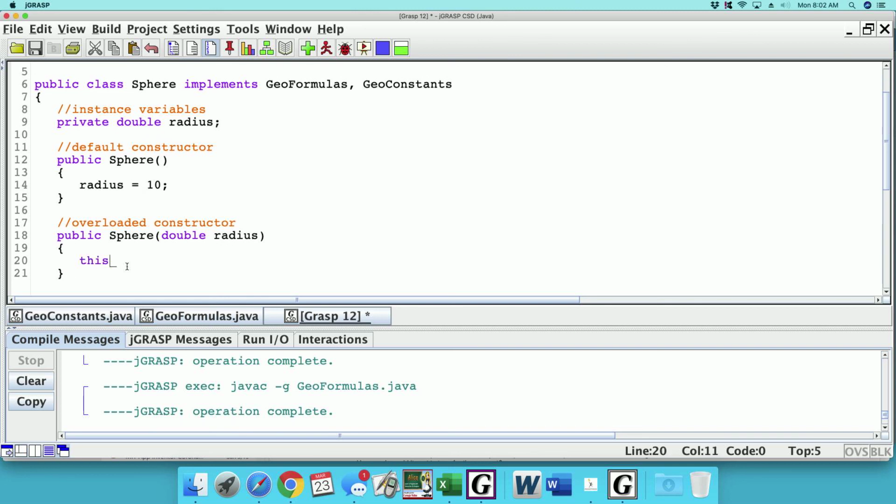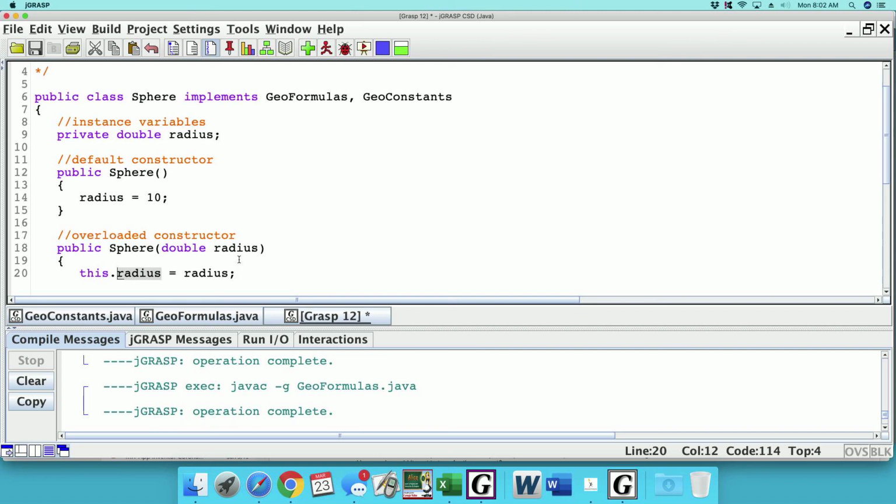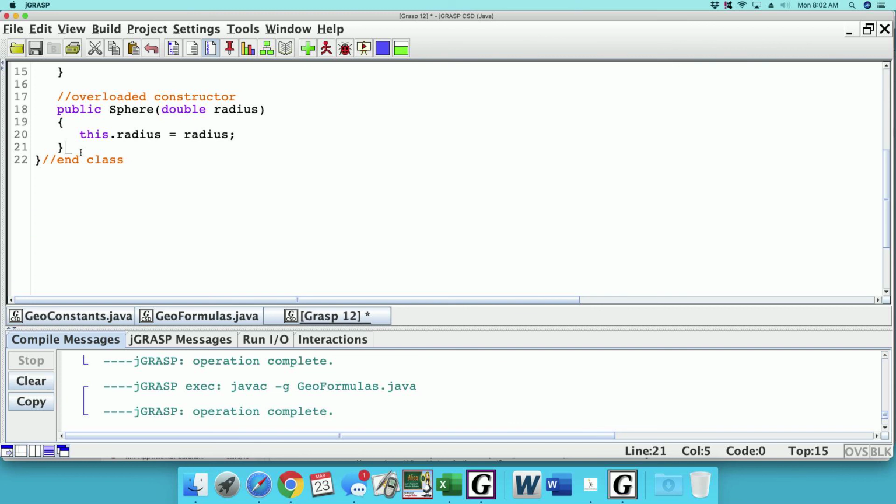This radius, remember the word this. All right, so whatever we tell the radius is, this radius, which is the same as this radius, is put in the instance variable of our object. All right, so those are our 2 constructors. Now we have to define those 4 methods. Okay, so let's do